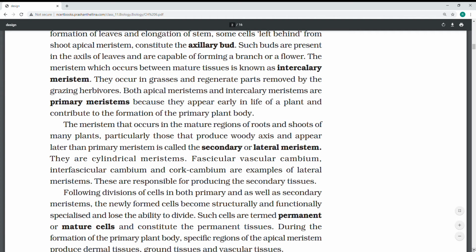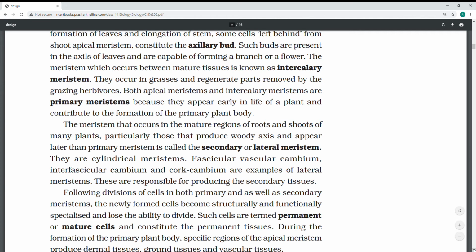That is apical, this is lateral. That is primary, this is secondary. These are the differences also; if they ask for differences between these, you can write this. Apical meristem helps in producing more cells, in the linear growth, increasing the length of the plant body to make the plant tall. This apical meristem will be helpful.